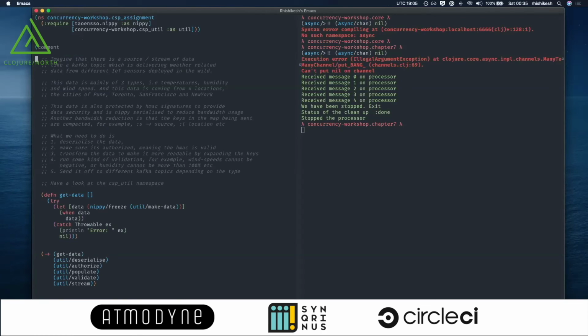Imagine there is a source of data which is delivering weather related data from different IoT sensors. This data is mainly of 3 types: temperature, humidity, and wind. And this data is coming from 4 locations. This data is also protected by HMAC signatures just to make sure that there is no modification of data in transit. And it is also NIPI serialized because one of the things that we want to do is reduce bandwidth usage, right? So